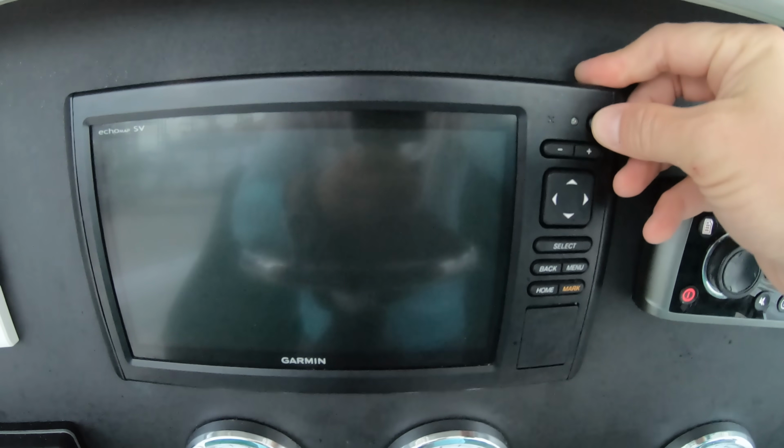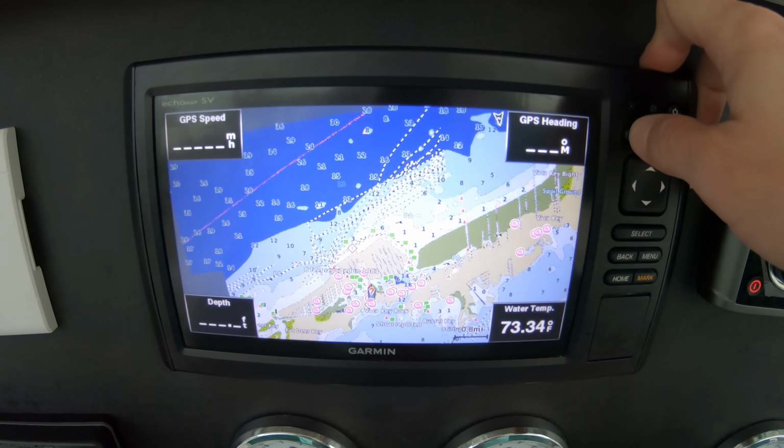We'll go ahead and move on to looking into the electronics of the boat, including the GPS or chart plotter,